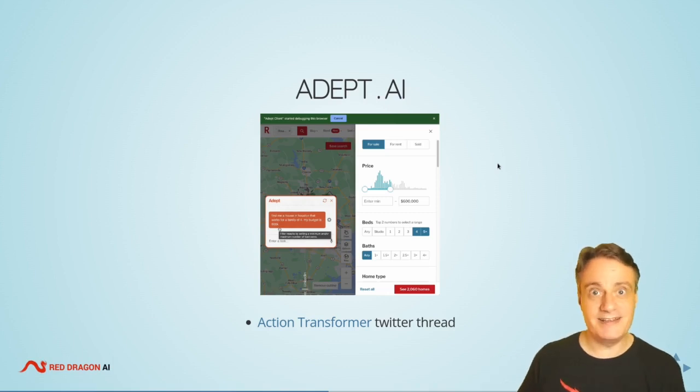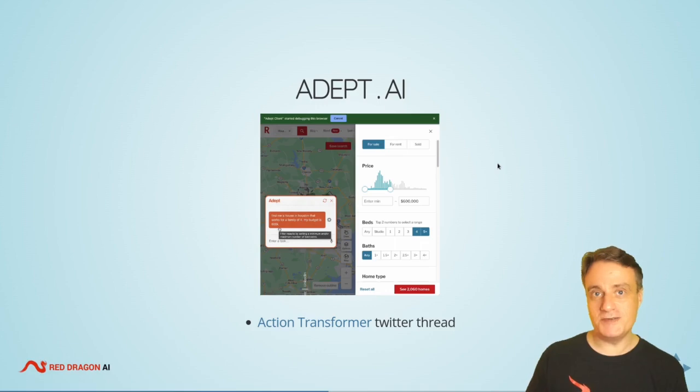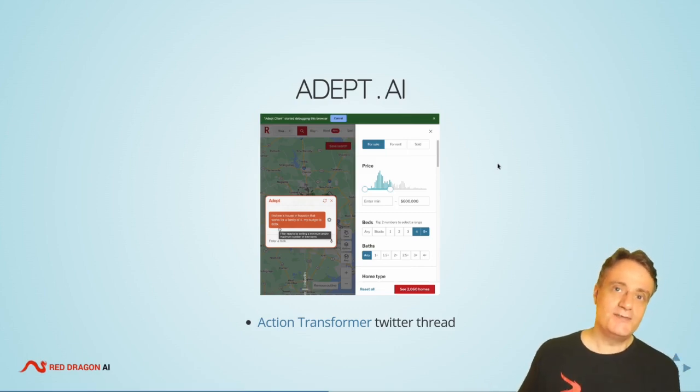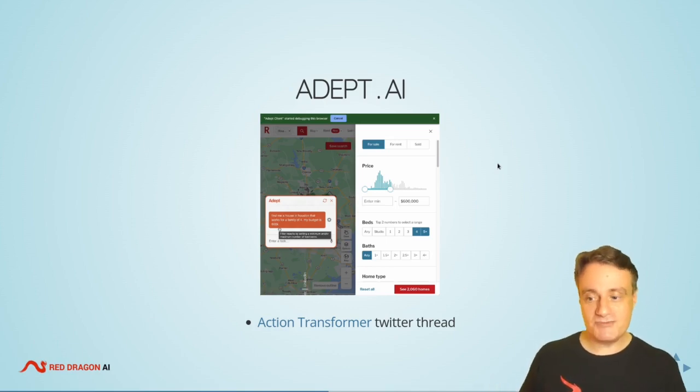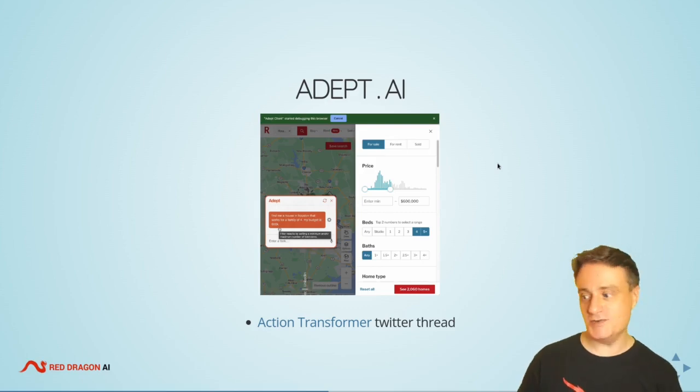where they show how you would put in a query about a particular size house in a particular area for a particular cost. You would then use a realtor's website to go through, put in some details about the property you're looking for, the area, price ranges, and then get back the results you're interested in. So this is what they're calling an action transformer, a super interesting use case.